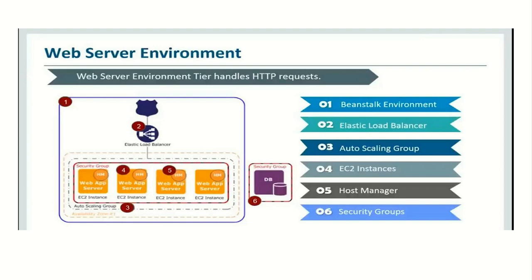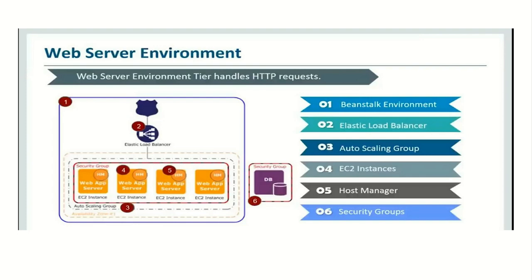CNAME is nothing but an alternate name for our URL. So when our application receives requests, all these requests are forwarded to Elastic Load Balancer, and this load balancer distributes